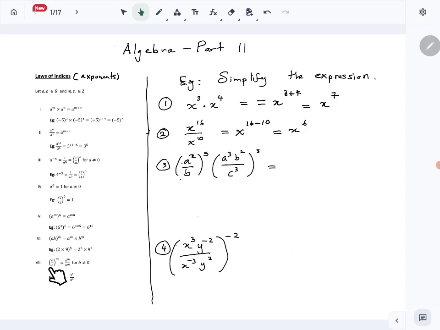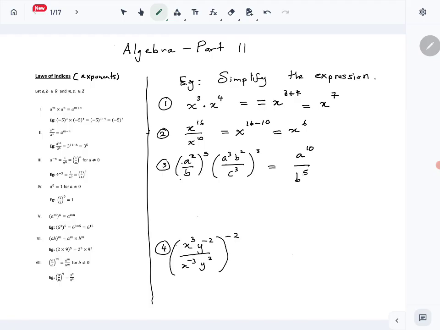Right. Then the third one, we can use first what? The 8th law combined with 7th law. It's a combination of these two laws. First you have to distribute the 5th power for this term and distribute the 3rd power for all these terms. So let's do that. So you get a to the 10. This is a combination of these two, the 5th law, 2 times 5,